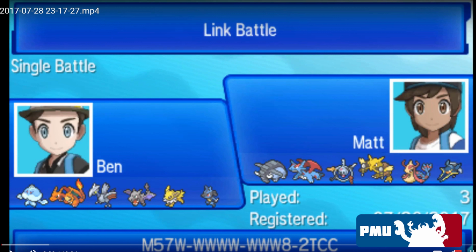And next up we have Charizard X. And I brought a Roar, Dragon Dance, Flare Blitz, Dragon Claw set. Very bulky. No speed investment, just HP and attack with some speed. Mega Charizard X's role was to just Roar out Pokemon and get a lot of hazard damage,